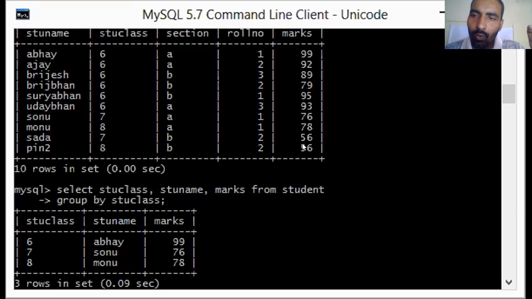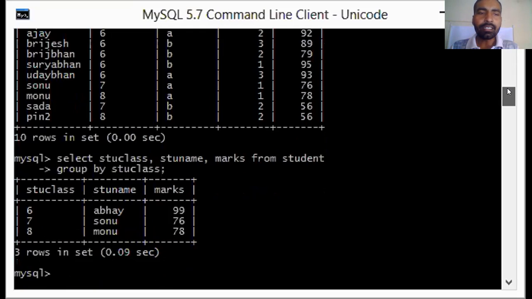Listen to me. Why do we make grouping? So that values do not repeat, so that similar values can be put together. Is it or not? Yes. So that's why we use the group by function. Yes, sir. But if you include a column which doesn't have similar values, what will happen? Let us see.